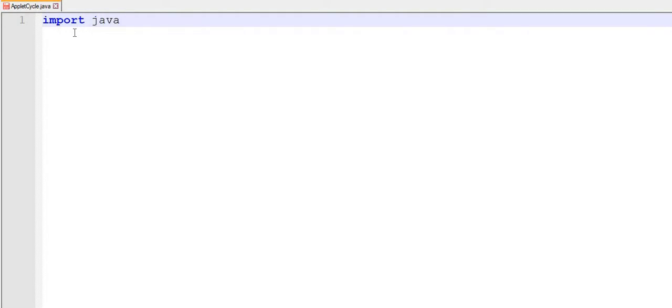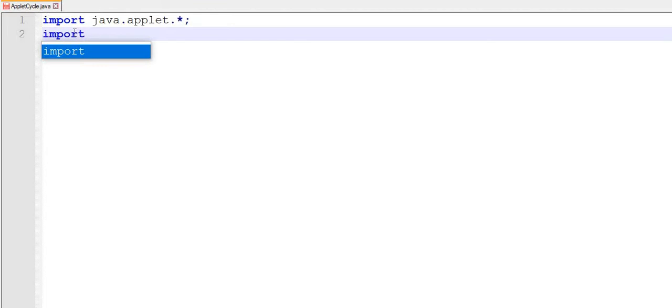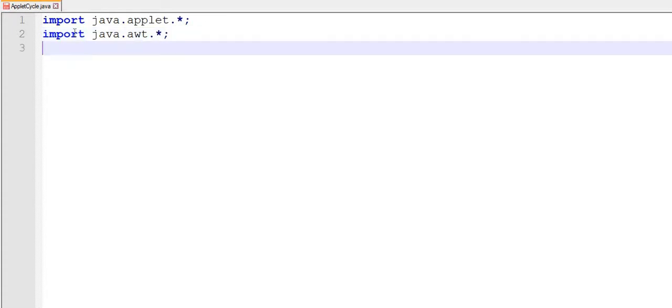For that, import java.applet package, and again we have to import java.awt package for using the graphics class to paint, for using the paint method. If for example we want to paint anything, then we have to use the graphics class. Without using the graphics class of the AWT package, the paint method will not get executed. The program will get executed, but the paint method will not. So this is step number 1, to import all the packages.